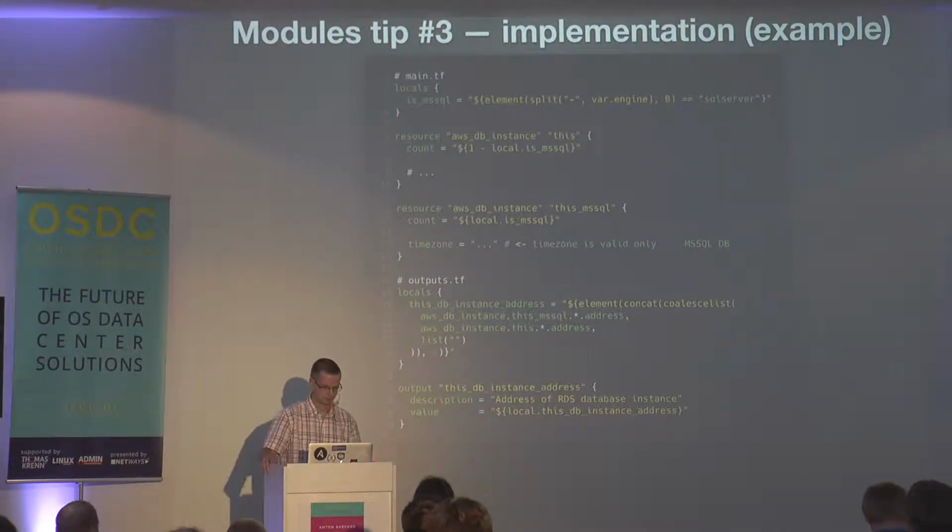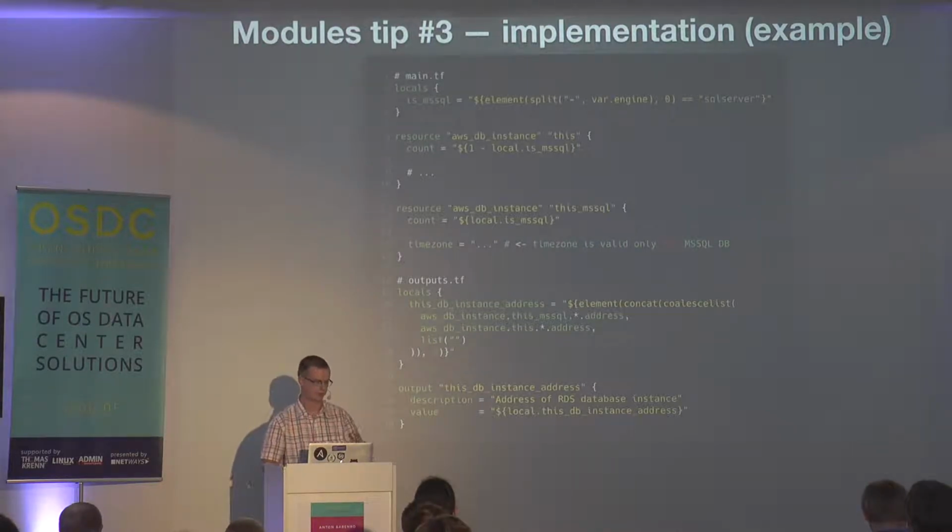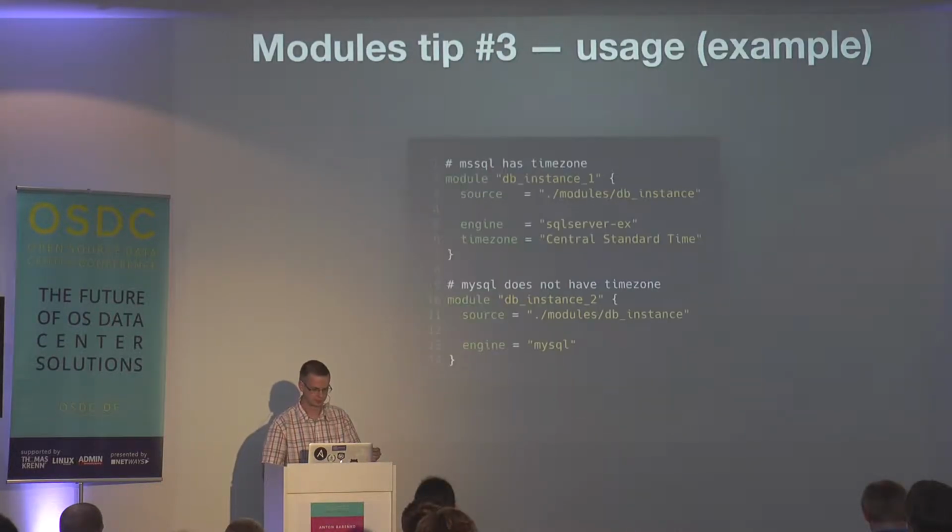And also, as you may see on line 19, the output uses element, concat, and coalesce list. You don't always want developers to go to the interpolation documentation page and dive into the specifics of when to use element, when to use concat, why coalesce is necessary here, and so on. It really simplifies life and adoption of Terraform in an organization if you hide a lot of them and say, hey guys, this is the module, this is the documentation, this is an example, go and use it. If they want, they can always check the source and go deeper.